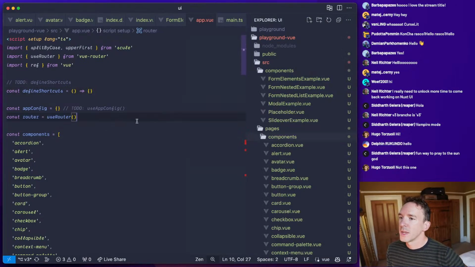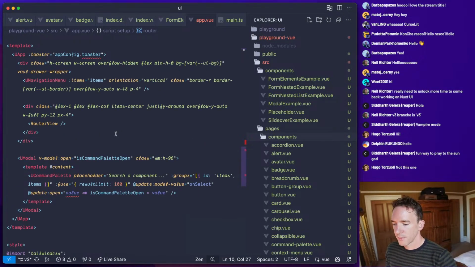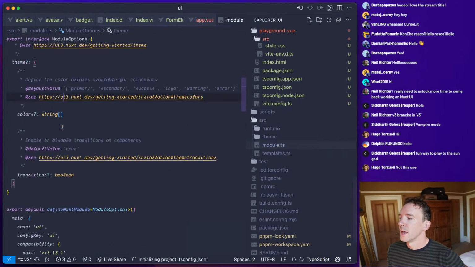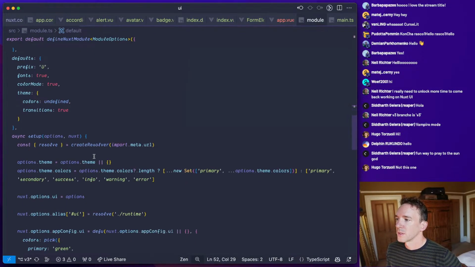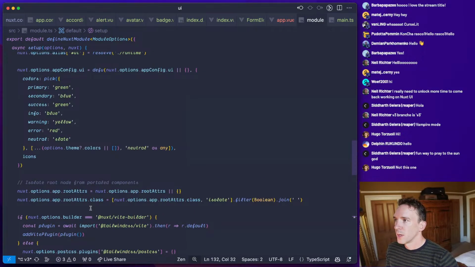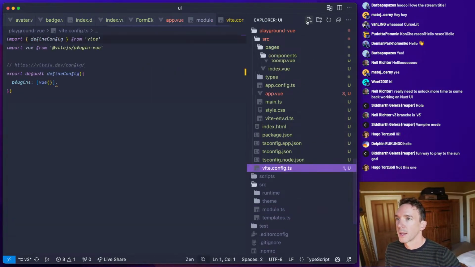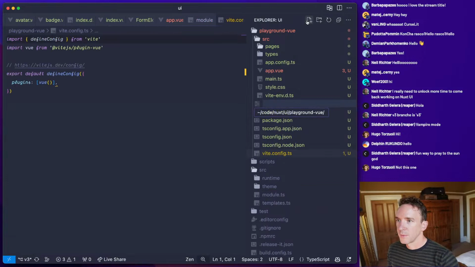Okay, so the next thing we need to do, probably the most straightforward thing to do, is have a look at what the module is doing and seeing how we can replicate this for pure Vite. The way we have to implement that, of course, is through a Vite plugin. So we need to create a little Vite plugin here.